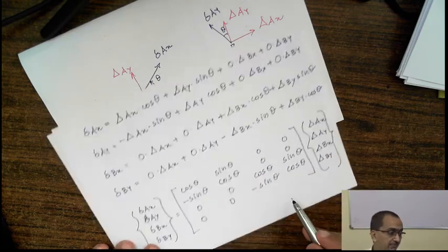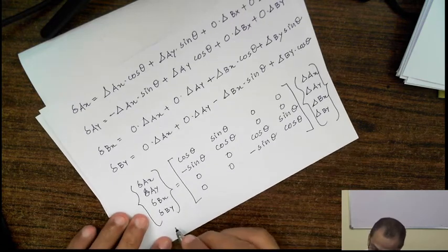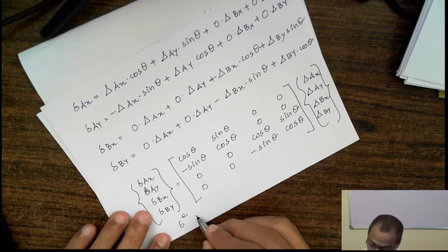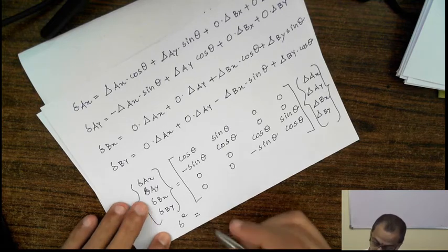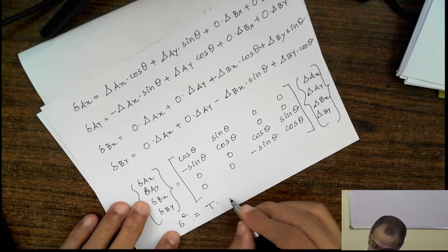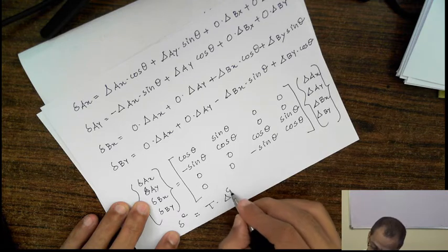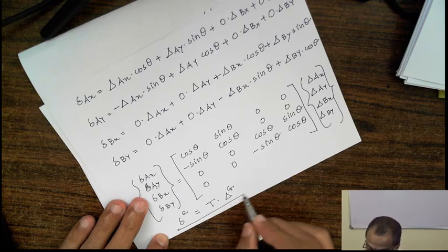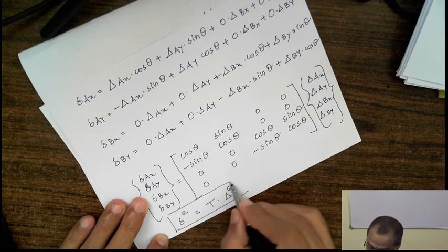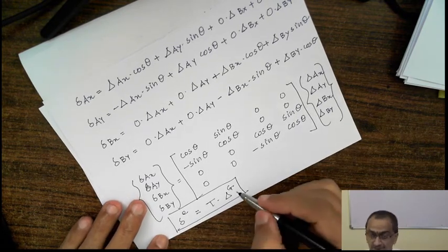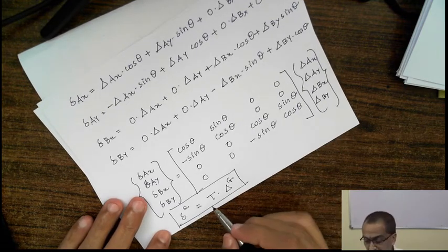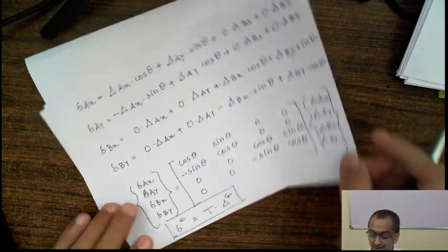Same thing I have written in matrix form. So this is local displacement delta E. This is elemental displacement, that is local displacement, is equal to T into delta global. So elemental displacement is equal to transformation matrix into global displacement. This is the important relationship we have seen. If we multiply the global displacement by transformation matrix, we get elemental displacement.